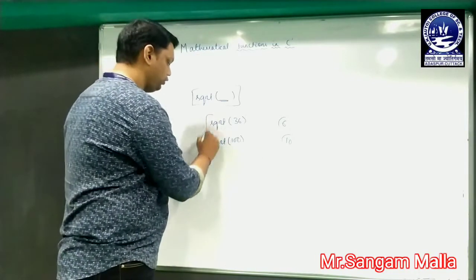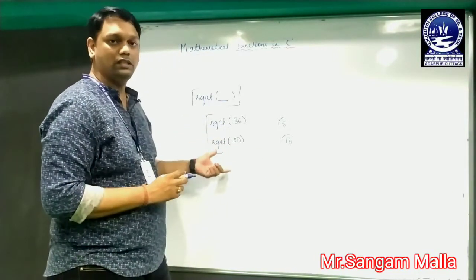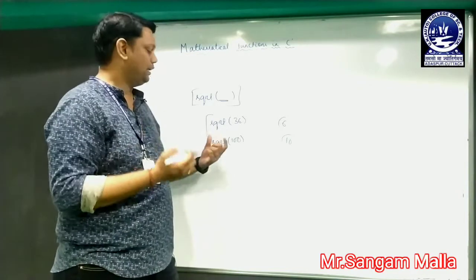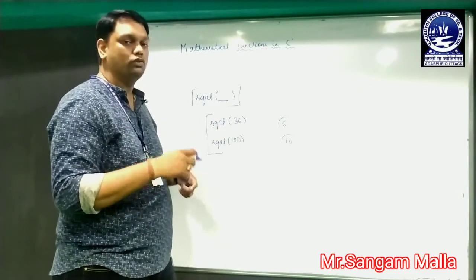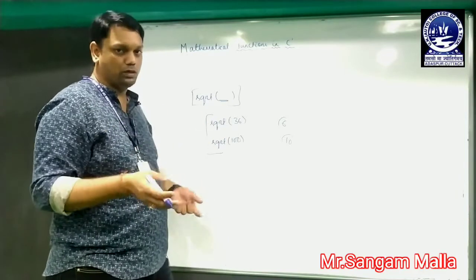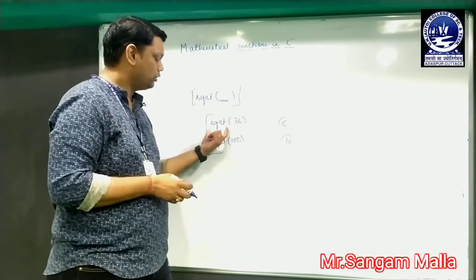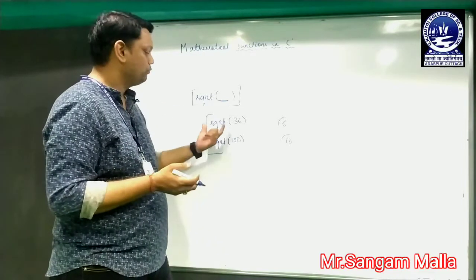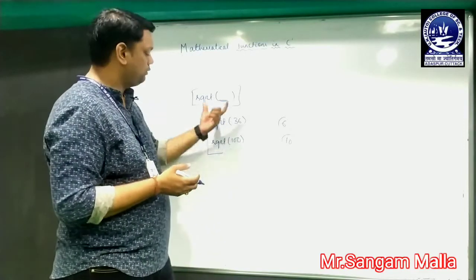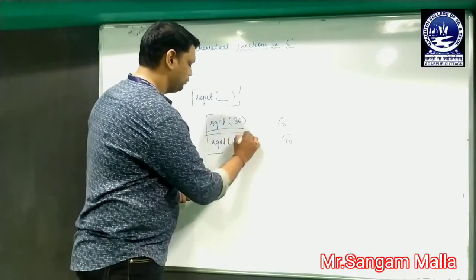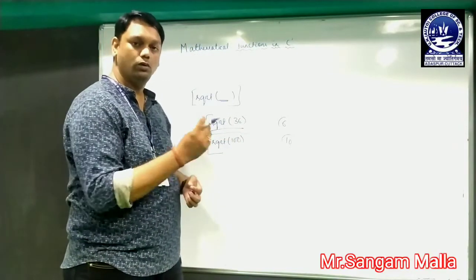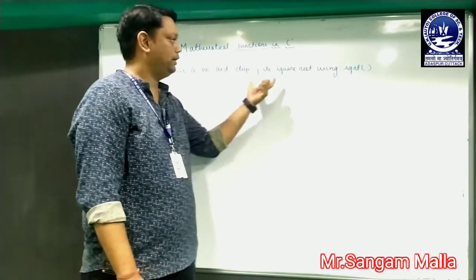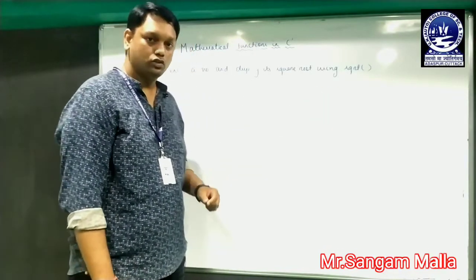So this is the new function that will be used in the C programming language. Whenever the user has a requirement of calculating the square root of a number, they do not have to write a complete program. They can simply call the function sqrt that has been stored in the math.h header file, and the job will be done. Now we will implement the sqrt function by taking an example through a program. Let's take an example: write a program to enter a number and display the square root using the square root function.